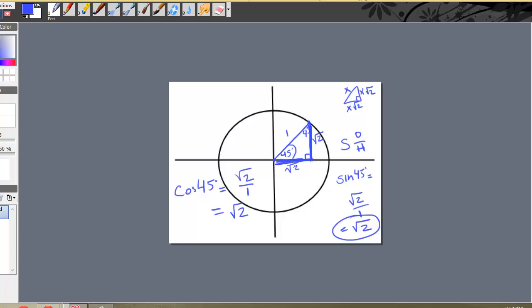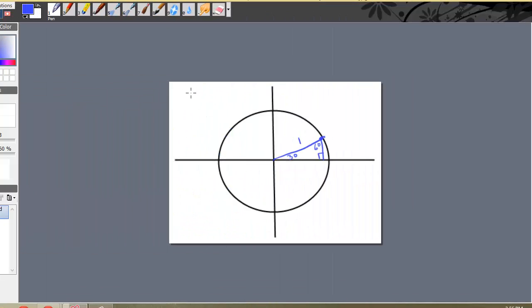I'm going to show you a 30, 60, 90 triangle now. If you recall, with the 30, 60, 90 triangle, you've got x opposite the 30 degrees, 2x is the hypotenuse, and x root 3 opposite the 60. So in this case, if your hypotenuse is 2x, your x must be 1/2. And then if this is your x, then opposite your 60 degrees will simply be 1/2 times root 3,